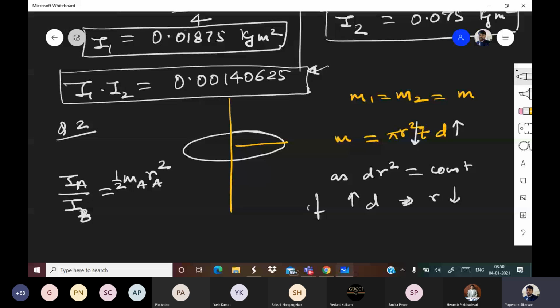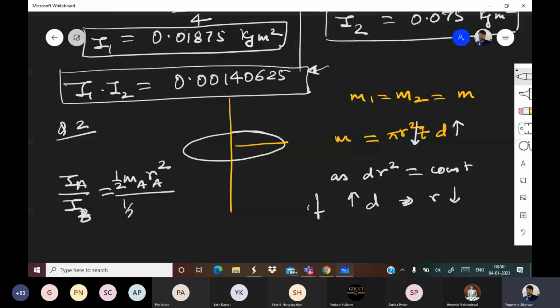And IB is half into MB into RB square. So half got cancelled, masses are also equal, so that got cancelled. So IA upon IB is equal to RA square upon RB square, and that will be equal to, pay attention,